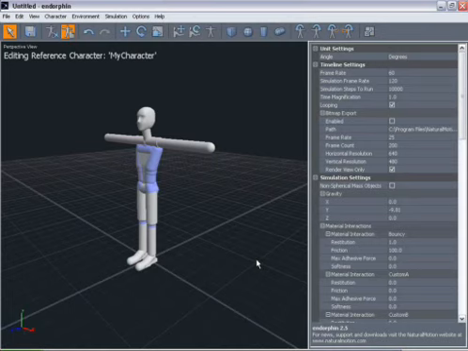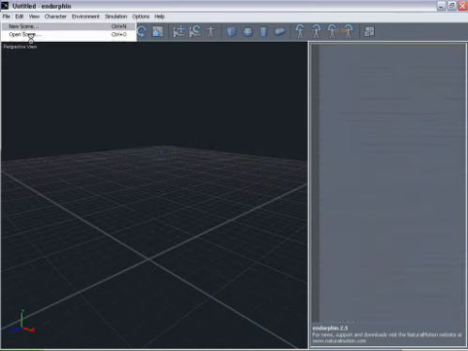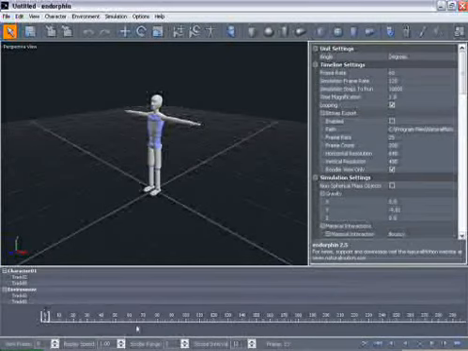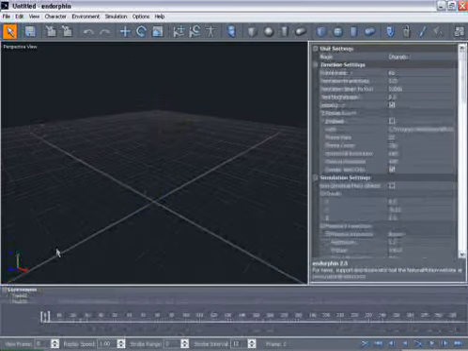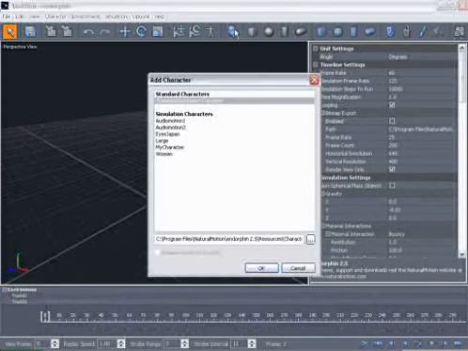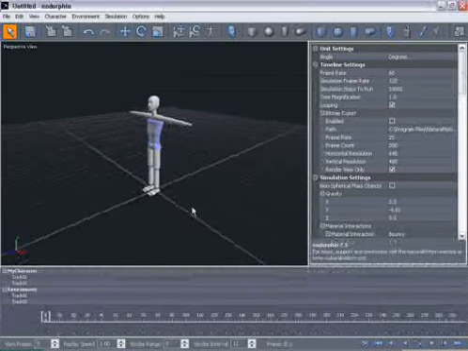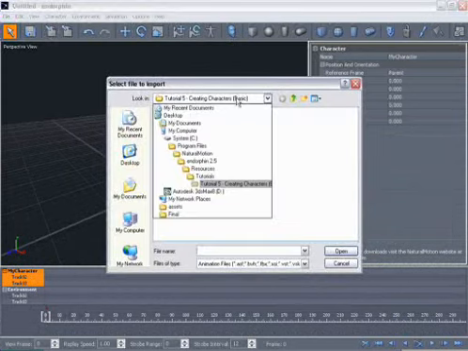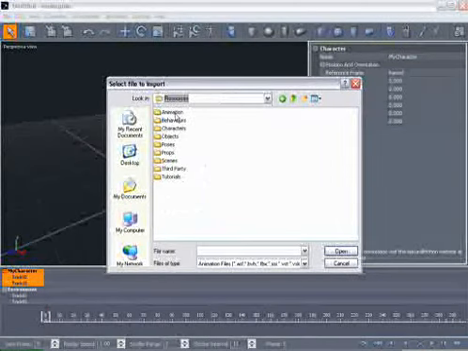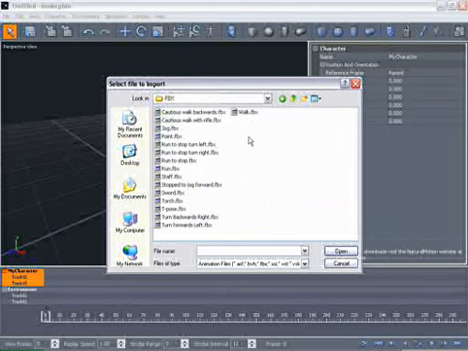So now that we have our character set up, we can go into scene mode and load an animation onto that character. So we go File, New Scene, the timeline comes back again and we're back into scene mode. Select the default character, delete him, go to Add Character, and then click on My Character. We then select the character, go to Import, go to Resources, Animation, Audio Motion 1, FBX, choose any of the